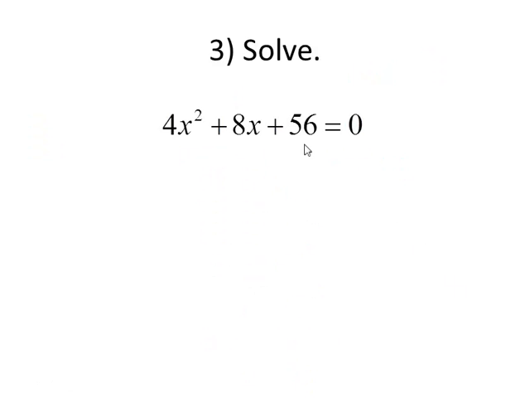Notice here that all three terms have a common factor of 4. I'm going to factor that out first. And I can divide both sides by 4, leaving me with this equation: x squared plus 2x plus 14 equals 0. That doesn't factor. I've got an even linear term. I'm going to subtract 14,